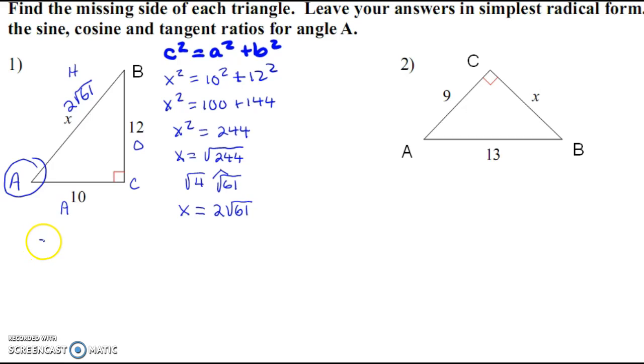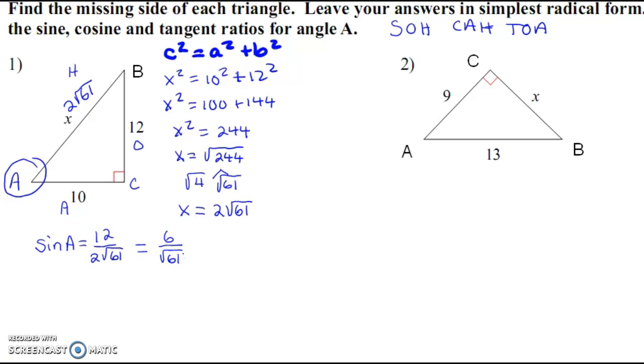So in order to find the sine of A, this is just a ratio. It's something over something. If we write SOHCAHTOA up here, this helps us remember what the sine ratio is equal to. So we know that sine is equal to opposite over hypotenuse. Opposite is 12. Hypotenuse is 2 times the square root of 61. So this is going to simplify. Let's at least simplify the 12 over 2. That's going to simplify to 6 on top, 1 on the bottom, so we don't have to write that, over